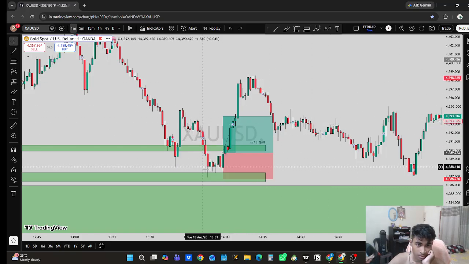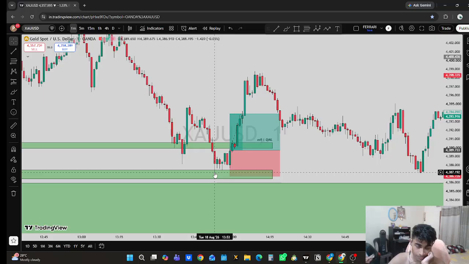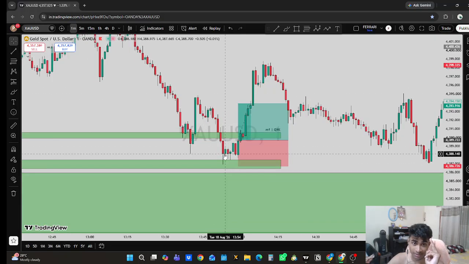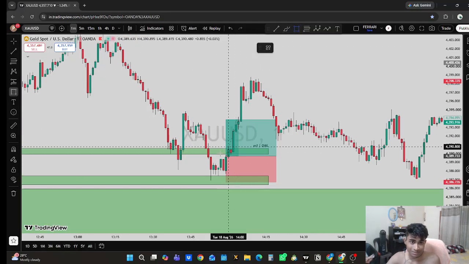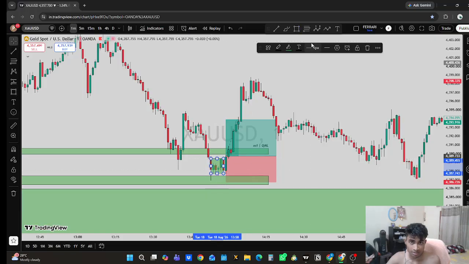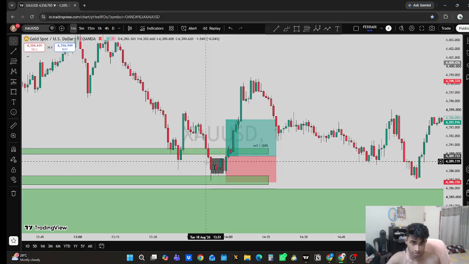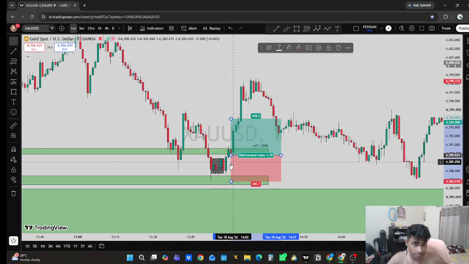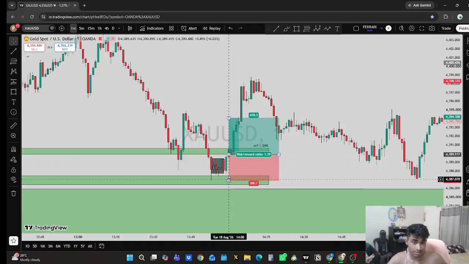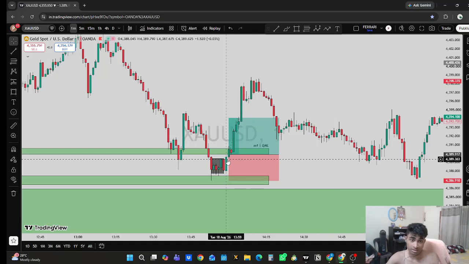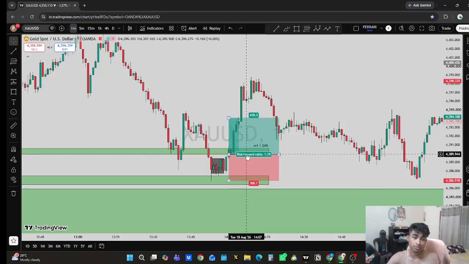Once again, when it tapped into our double bottom level, first confirmation, strong confirmation. Second confirmation is it created a range. I always talk about my confirmations: if price creates a little range after some kind of impulse, and then it gives a breakout of this entire range, if there's an engulfing candle of the entire range, then that, ladies and gentlemen, is your confirmation candle. That is a third confirmation, and on the fourth, you just need to put the order.